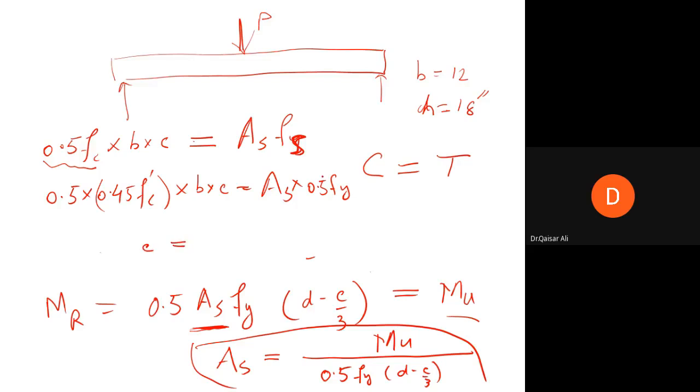This 0.5 will be cancelled with this 0.5, and you will be left with AS FY